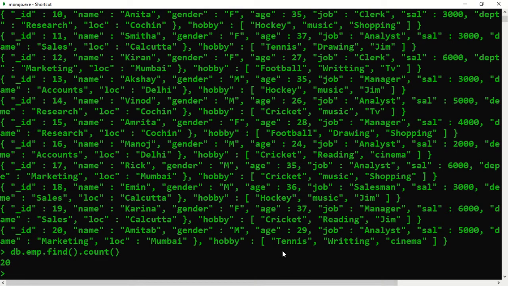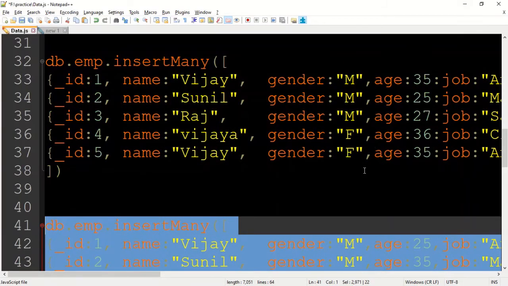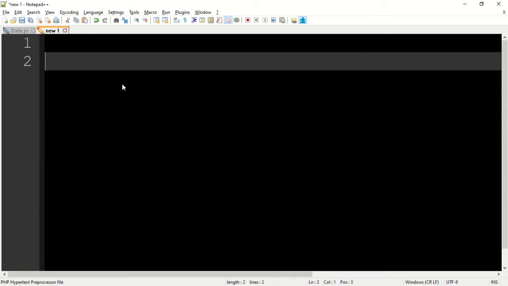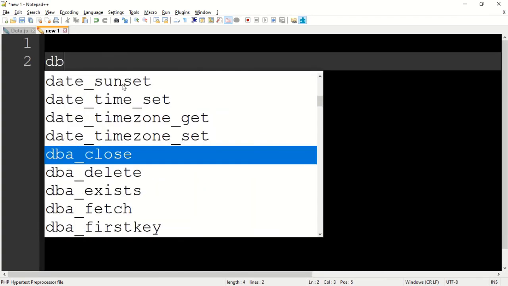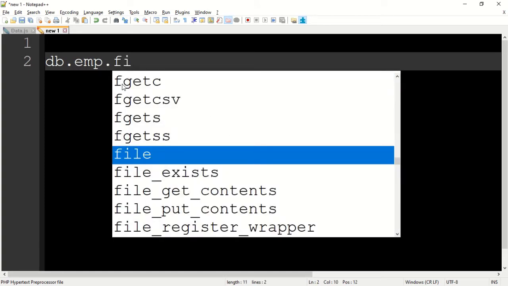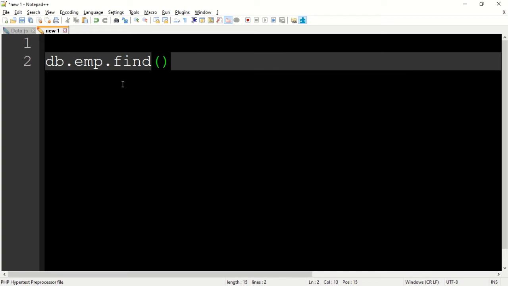This is a notepad. We say db.emp.find(), and within this bracket, the first curly bracket is for the query and the second one is for the projection.